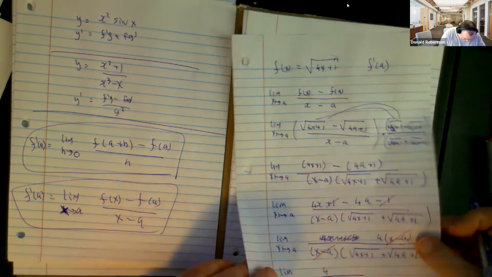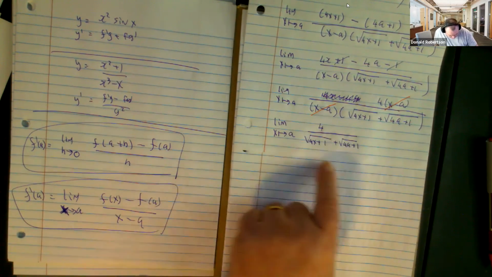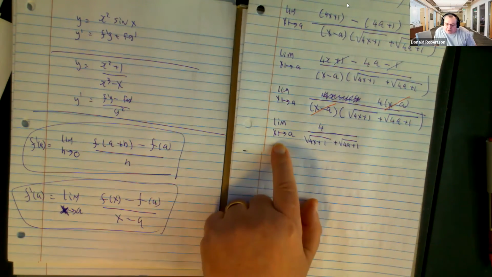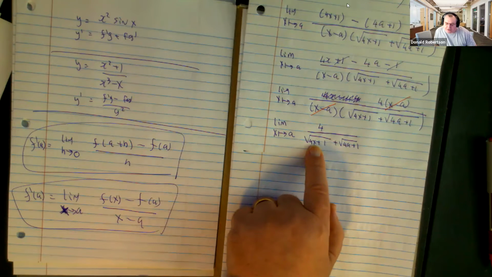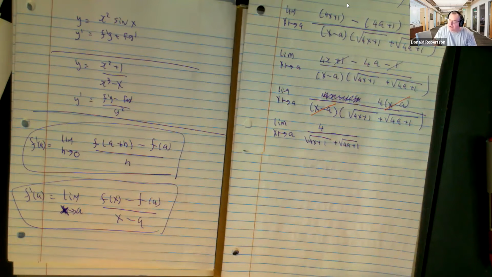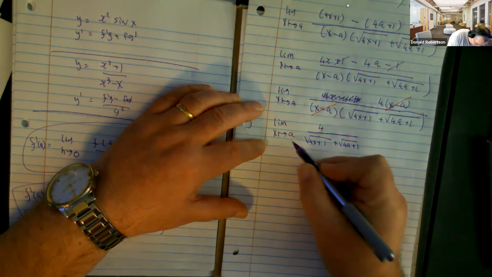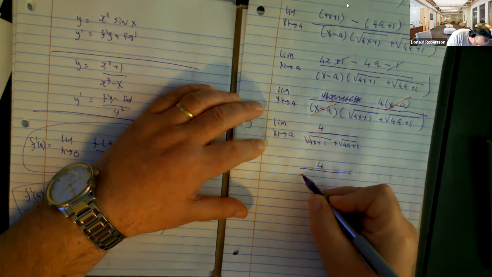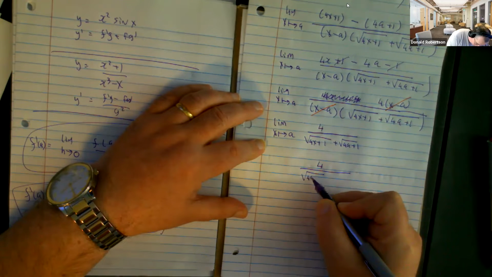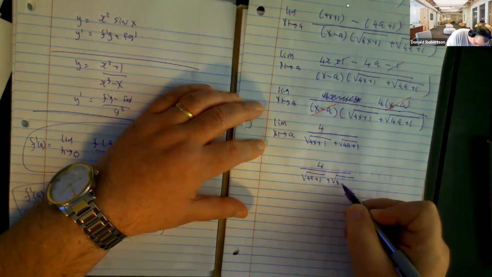And that's good. Because once you've done the cancelling and wrote down what's left, the limit gets finished by simply just replacing the x with an a. Right? You won't need to do any more. It's basically like substitution, right? Brute force. So I have 4 over, well, 4x becomes 4a plus 1, or plus another square root of 4a